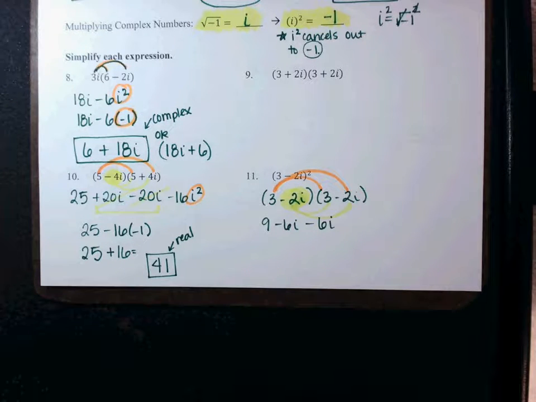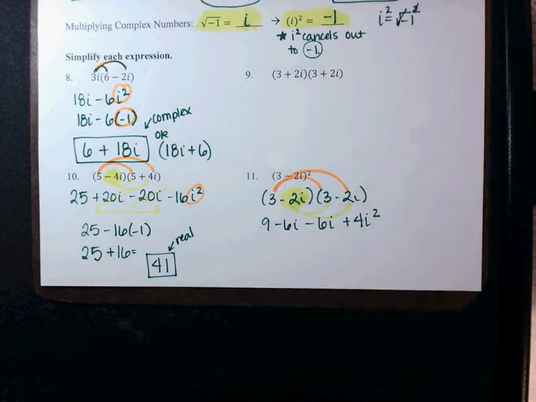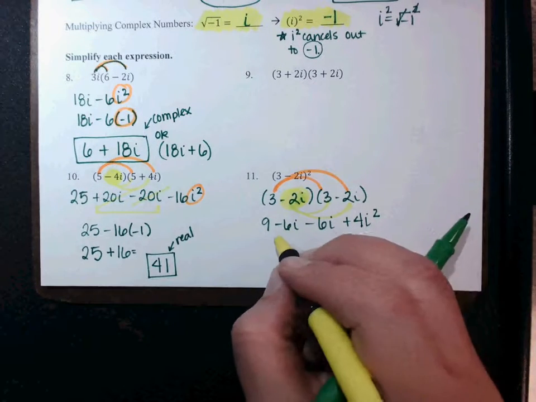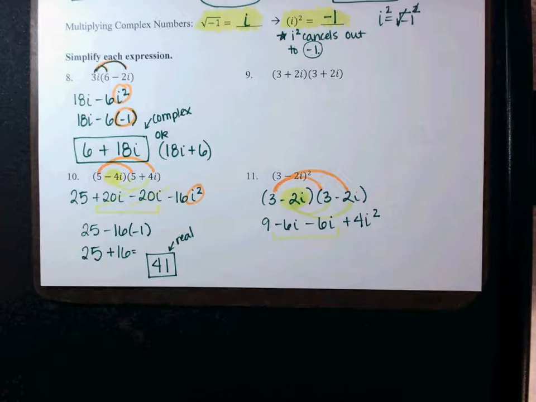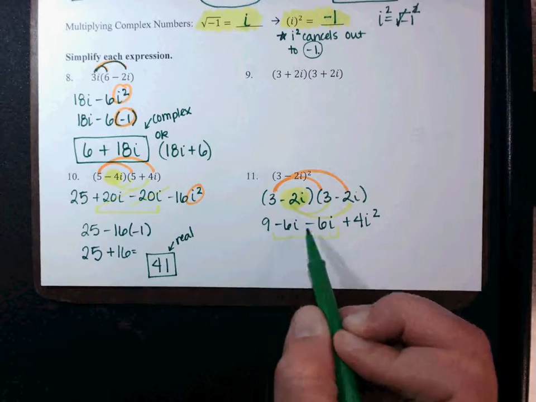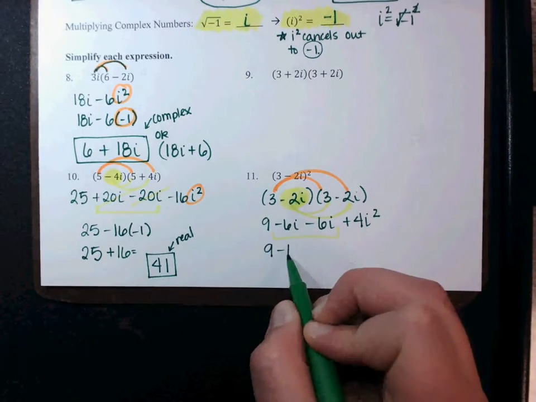Okay, now multiply those last two terms. Negative 2i times negative 2i. What is the negative 2 times the negative 2? Plus 4i squared. Very good. Then I want to combine my middle terms here. Are these guys both going to cross out? No, they're both negative. What is negative 6 minus 6 more? Okay, so I have 9 minus 12i